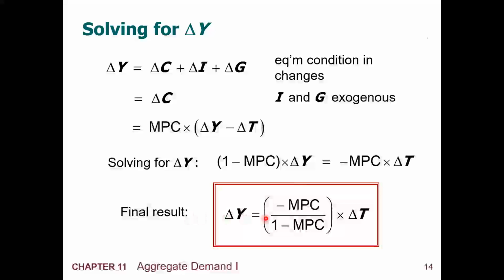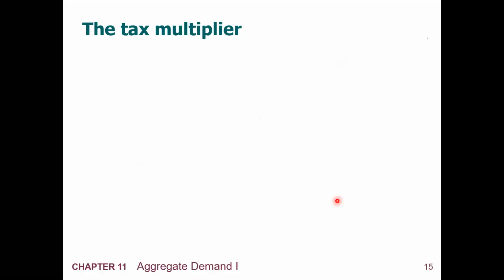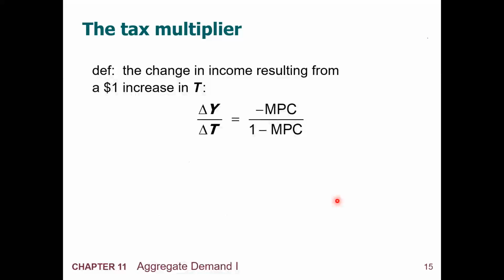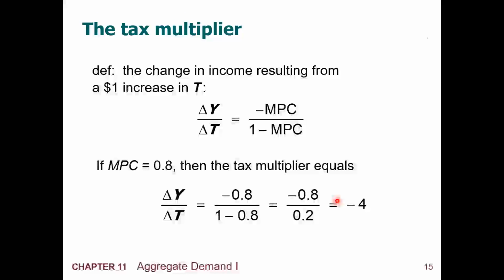So the final result, we have change in Y is equal to, and this is going to be the tax multiplier, I believe it is called. So the change in output is equal to minus MPC over 1 minus MPC times change in taxes. Yes, the tax multiplier. The definition of it is the change in income resulting from a dollar increase in taxes. So if the MPC is 0.8, then the tax multiplier is equal to, plug in the MPC value and then